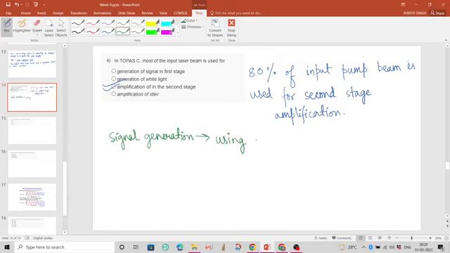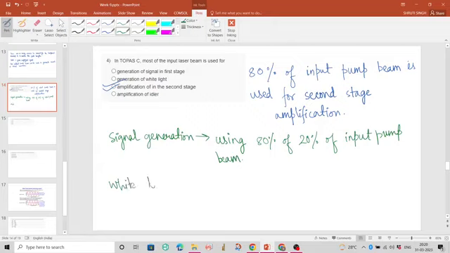Using 80% of 20% of the input pump beam. And white light generation using